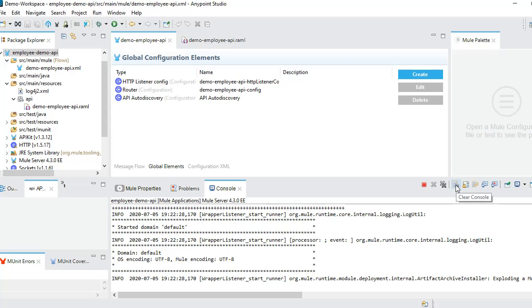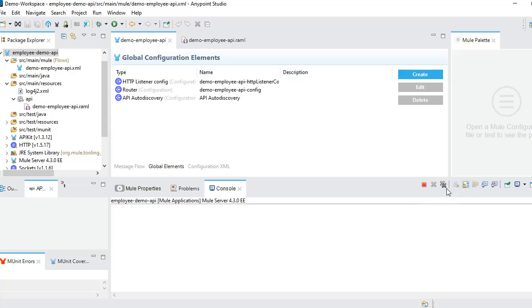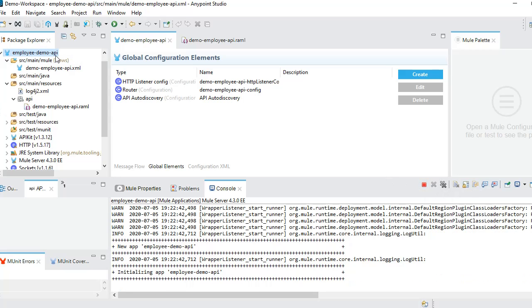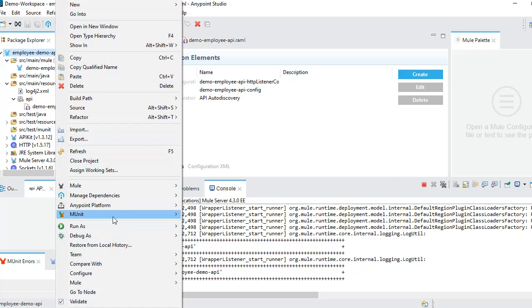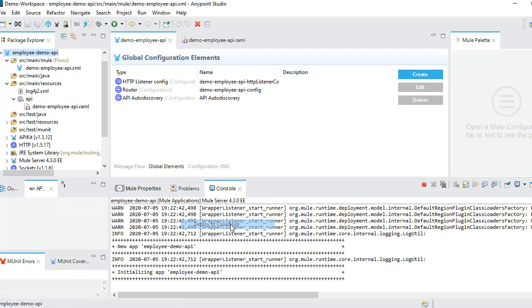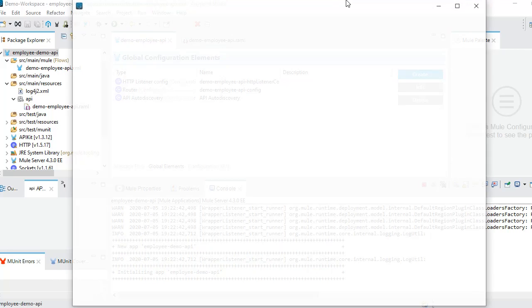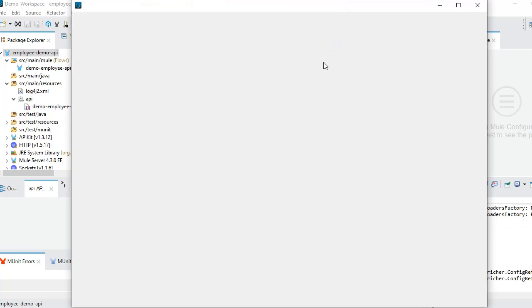Okay, I think the build is over. We can deploy this directly in Cloud Hub. Right click on it and deploy to Cloud Hub. Now I think we won't get any issue. Otherwise we can follow the second method of deployment.